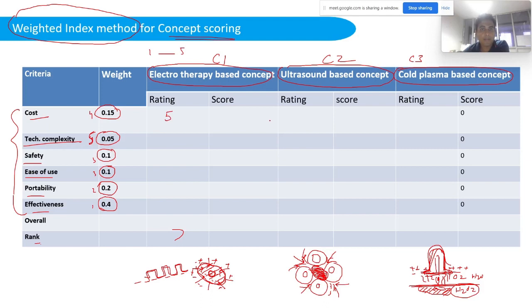Okay. Compared to that, if we say ultrasound based concept, it is 3, and probably cold plasma will be very costly. Okay. Similarly, technology complexity wise, electrotherapy is not very complex, so 5. Ultrasound probably will be again 3, and cold plasma will be very complex. Safety wise,